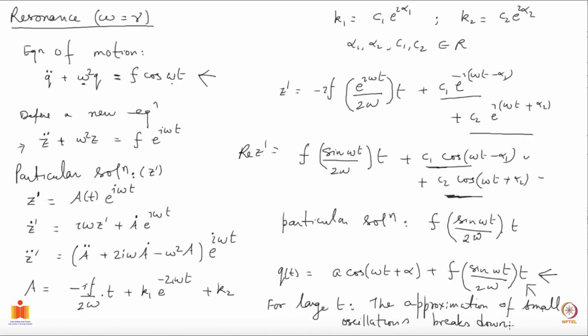Okay, next we should look at damped oscillations, and then we will have both damped as well as forced, or everything present together, and we'll look at the solution in that case. And eventually we would like to see what we can say when we have not just a system of 1 degree of freedom, but as we have been discussing before, what happens if I have a system of more than 1 degree of freedom. Can I do again what I was doing and bring in normal coordinates? Okay, so that will be our next task.